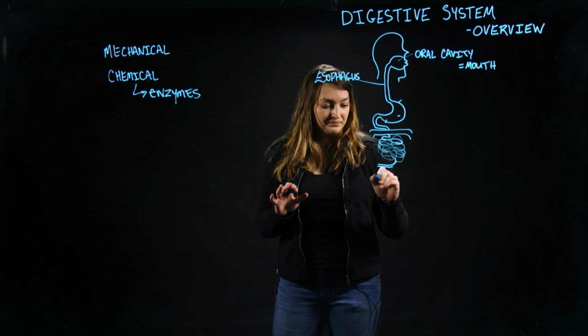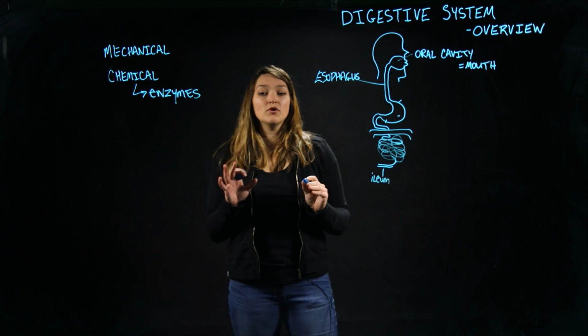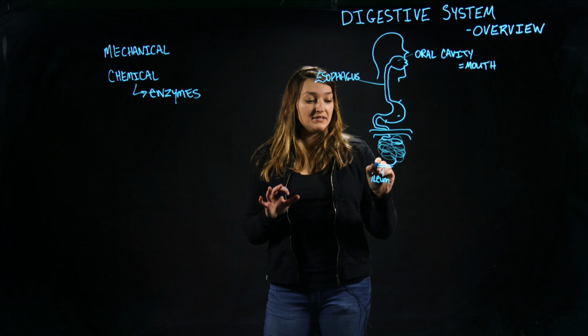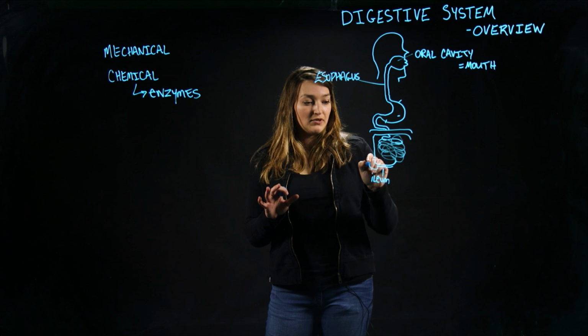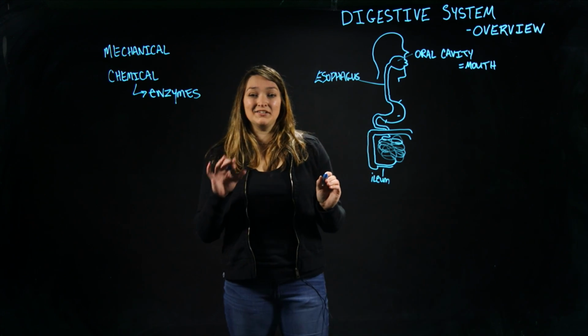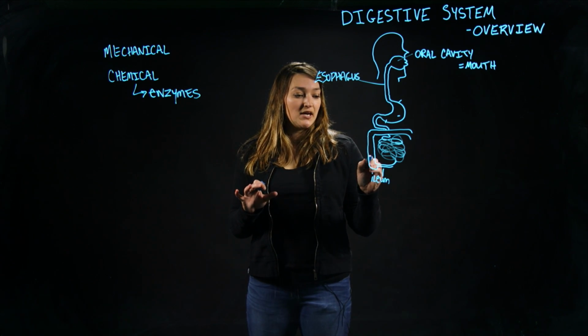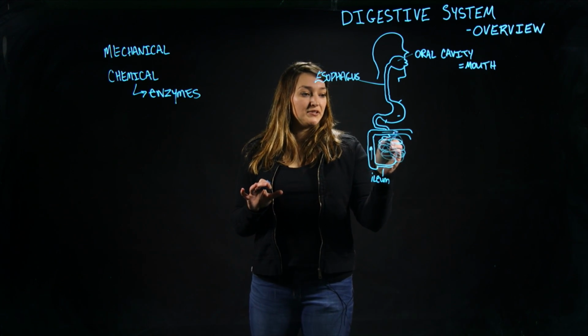So the ileum is the most distal part of the small intestine. And the ileum is the part that meets the colon, or the large intestine. So the large intestine begins at the ileocecal junction, and the large intestine travels first ascending, then transversely,